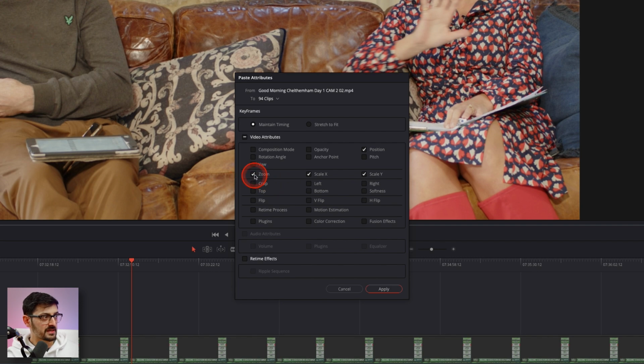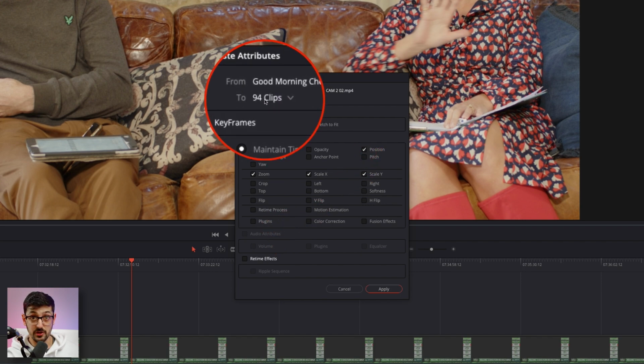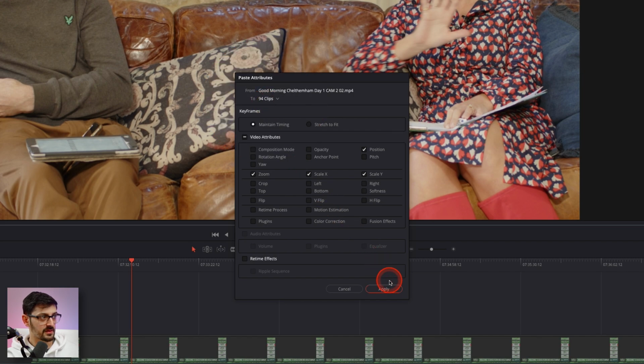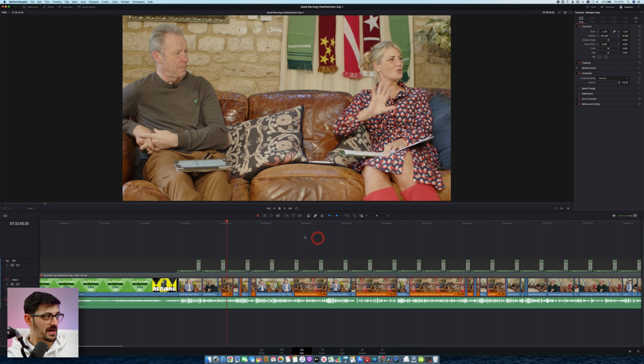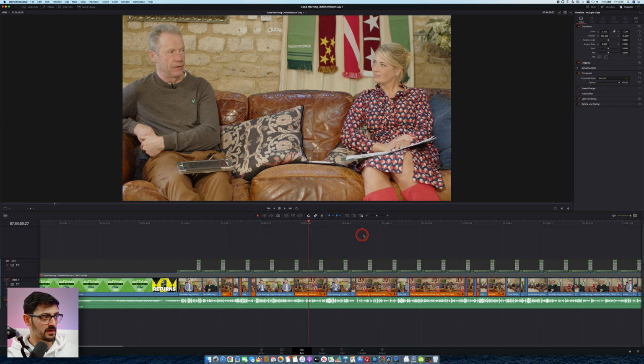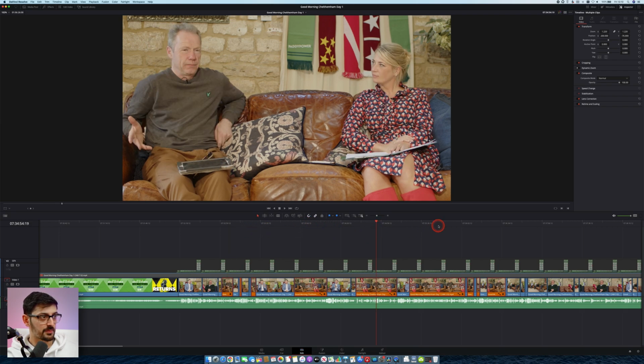and we'll manually select, so these won't usually be selected. We'll select Zoom because that's what we changed, and we'll select Position. And we can see here how many clips it's going to apply to. In this case, it's going to apply to 94 clips. Hit Apply, and now when we choose any other clip in the timeline,